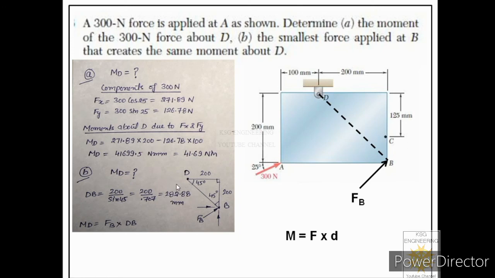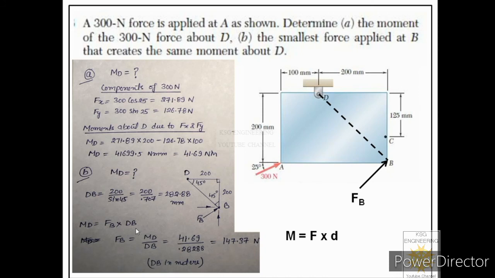This is one method. The second method is that you can apply the Pythagoras theorem, because we know the perpendicular, we know the base, and we want to find the hypotenuse. You can find it through the Pythagoras theorem. So once the moment arm is known to us, then we will use this formula M equals F_B into DB to find the minimum force required at B to generate the same moment about D,